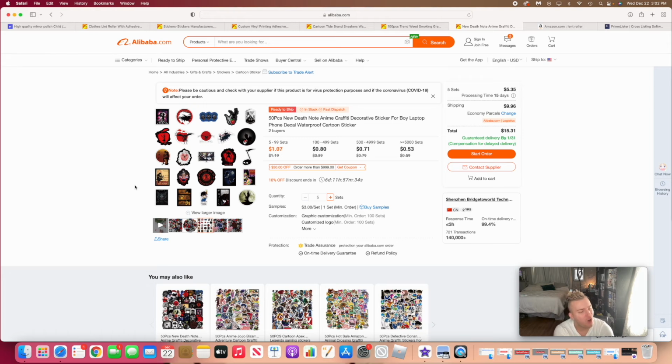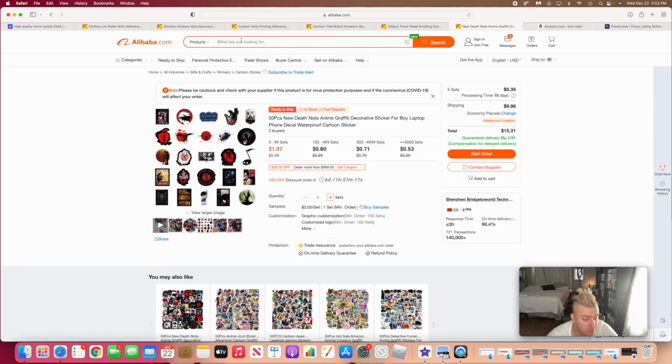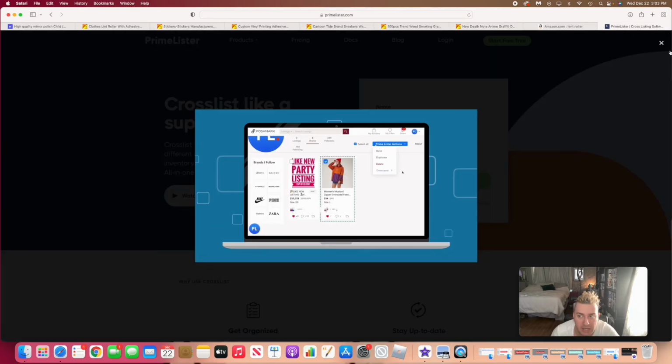Now, I say all of that to essentially say replenishable sources. If you have 5 products that you are selling, like say you do the lint rollers, say you do, I don't know, a protective phone case, whatever the item is, say you have 5 items that you make $20 a day on, like $20 profit per day per item. You're making $100 a day. That's in an average month, that's $2,800 a month. The only thing you're doing is telling Prime Lister,